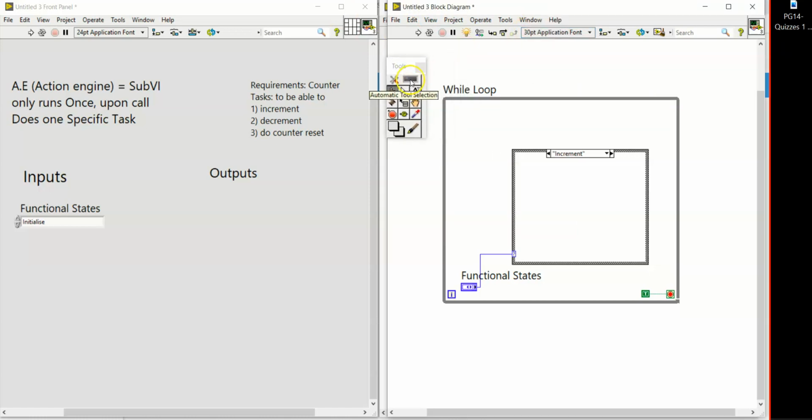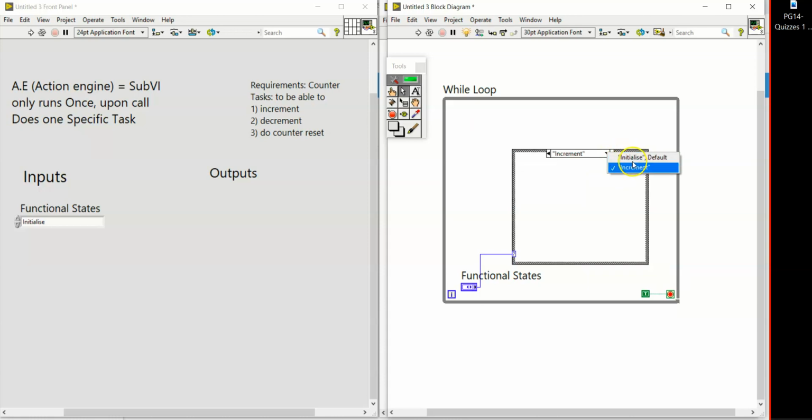Then if you want, you can also turn on this thing called automatic tool selection. You click on this, and it turns green. Quite useful, because sometimes the tools can be automatically selected for you. When you mouse over, the tools will change according to what is needed. So now I know that when I come to here, LabVIEW will automatically switch the tool. Okay, so now, if you see over here,